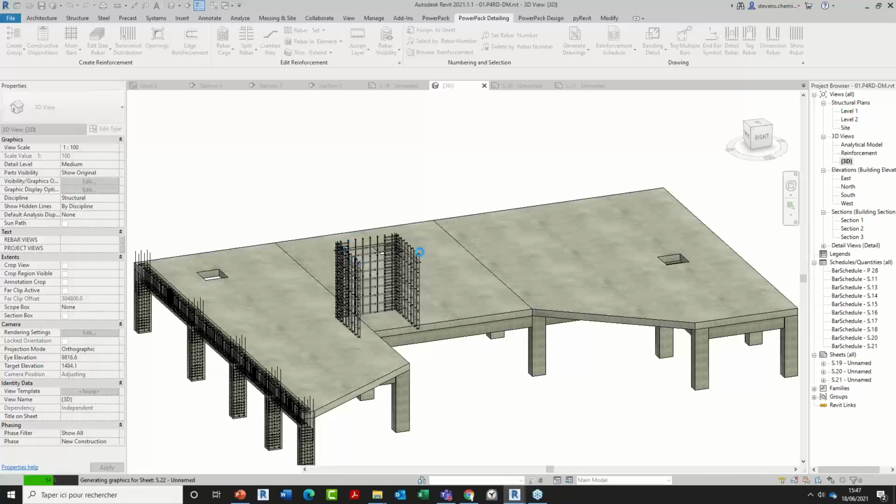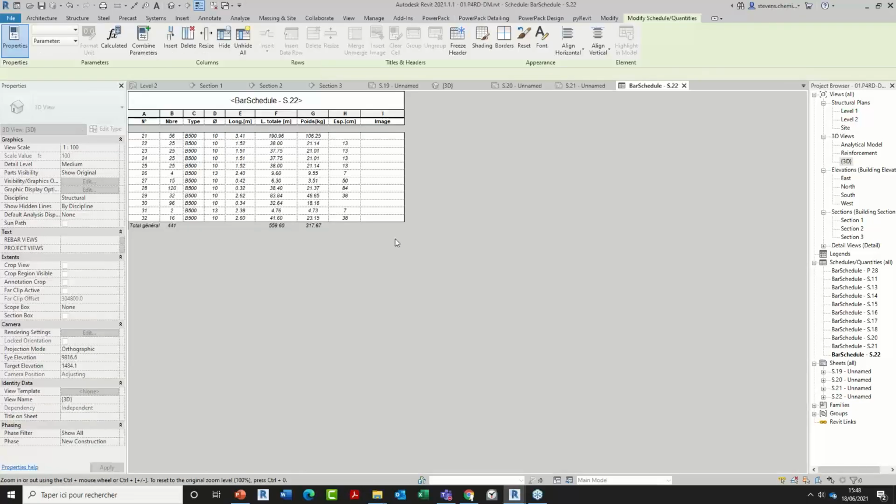Here I have a group of 3 walls, with 2 main nodes, and so the software will create a kind of local section around these specific nodes, meaning that you can create on your sheets a local view on this node with a specific scale if you want to really highlight these details in your reinforcement drawing.